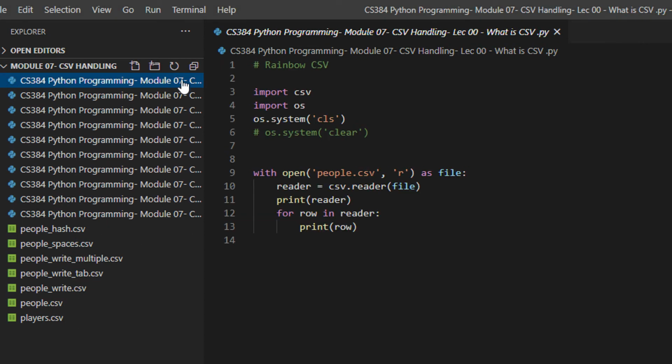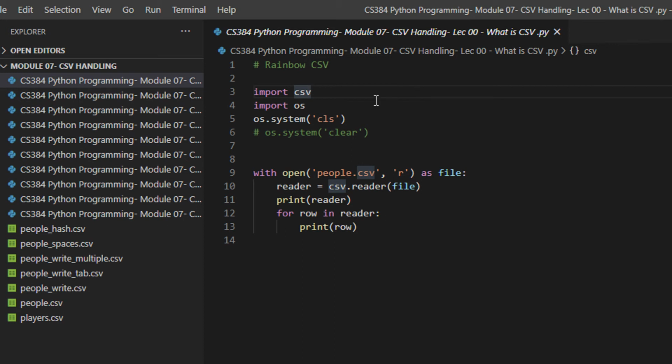In this tutorial, we will see how we read a CSV file. As we saw in the previous video, CSV files are plain text files, so they can also be read in a simple text reading format in Python. But we will see how the CSV module helps us read it more efficiently.